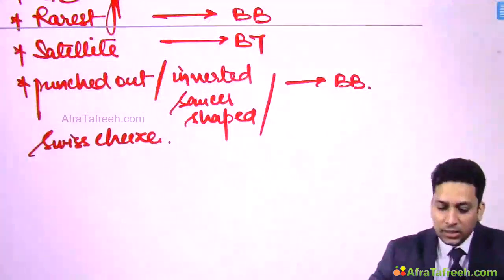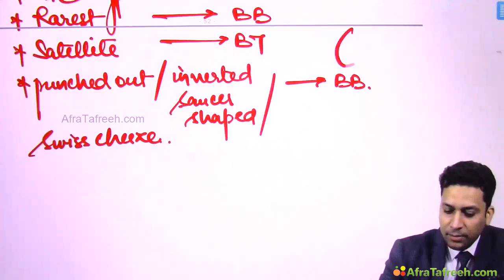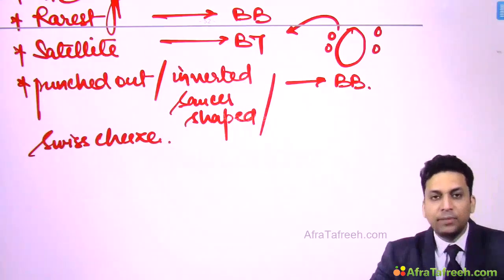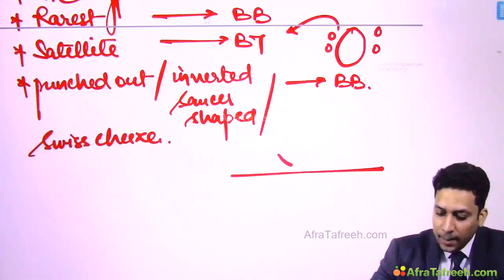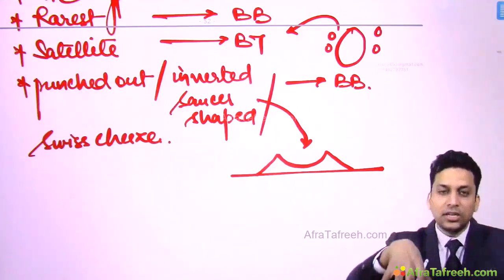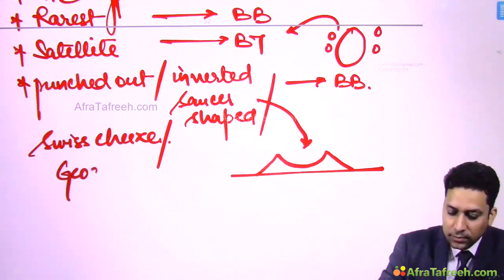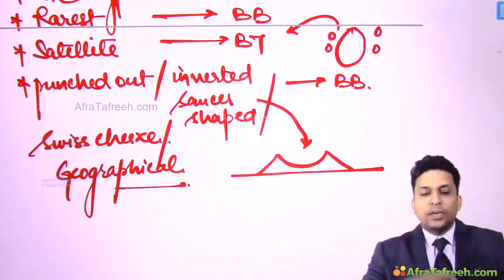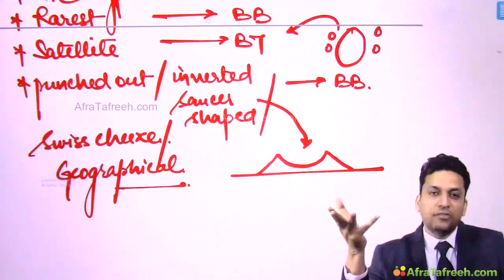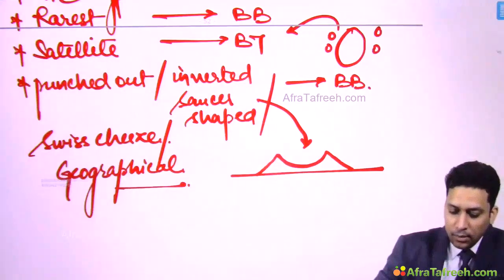Just now I will explain what these are. Satellite lesion, I already told you: if this is the primary lesion and multiple smaller lesions start developing around it, these are known as satellite lesions. Similarly, in BB type, the lesions have a central depressed area and the outer margins are scalloping outwards, giving an inverted saucer shaped lesion. It appears as if you have kept the saucer inverted. So this is the characteristic lesion which is seen. This is also known as geographical lesion. So if they ask you punched out, inverted saucer, Swiss cheese or geographical lesions are seen in, answer is BB, borderline.